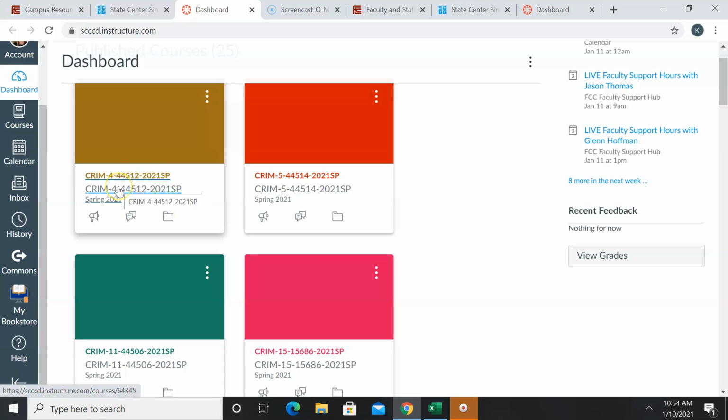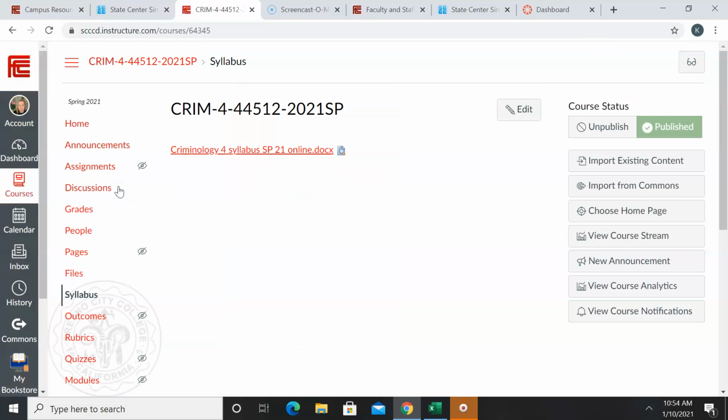So obviously I'm going to click here. I'm in Canvas and I'm going to click on Crim 4. And you'll see that the way I set up Canvas, my home page will automatically go to